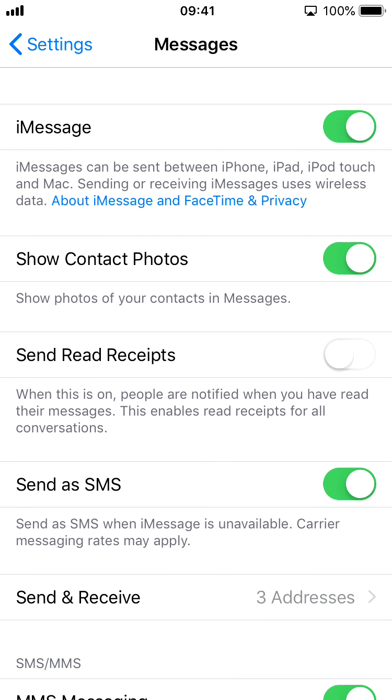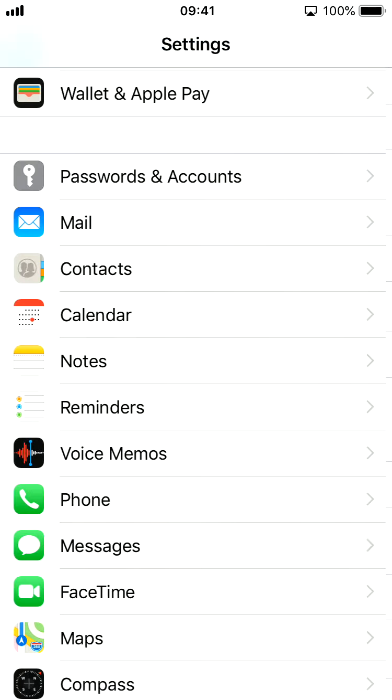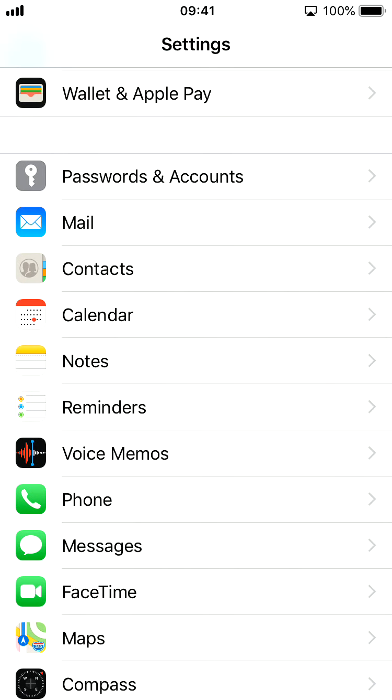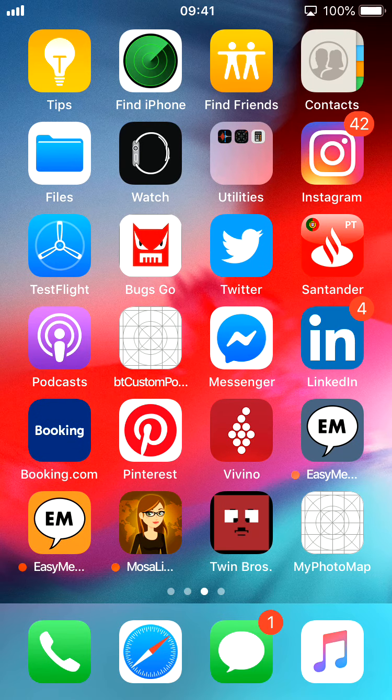So basically that's it. There's no simple way to send bulk messages to a group on iPhones, because at the end it all depends on your message settings. But anyway, if you have any question, if for some reason you're not able to send the messages or something like that, please feel free to reach out to support. We will promptly answer any of your questions, and you'll see in time that there is a lot to discover